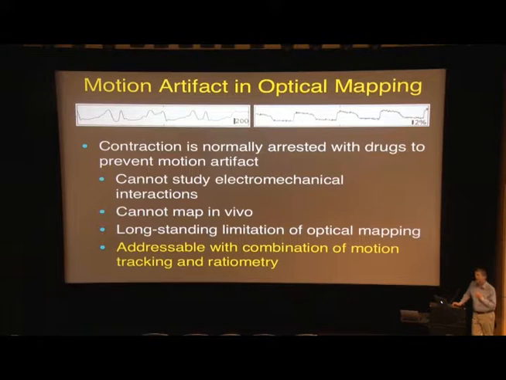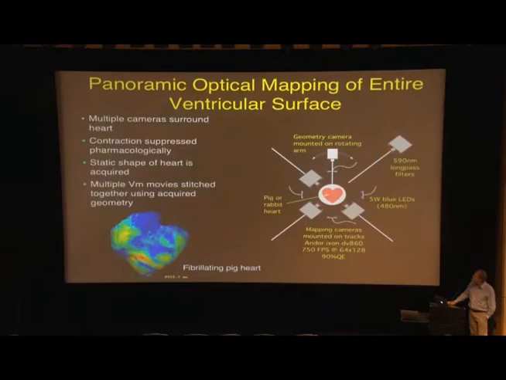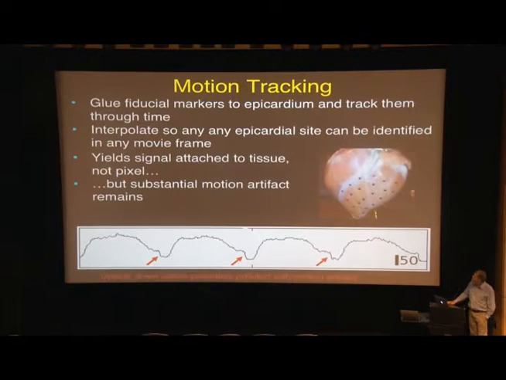If you can map in beating hearts, that also gives you the potential to do optical mapping in in vivo preparations as well. So the problem with motion artifact has been a long-standing limitation in optical mapping. We've addressed it with a combination of motion tracking and ratiometry. So what we do,